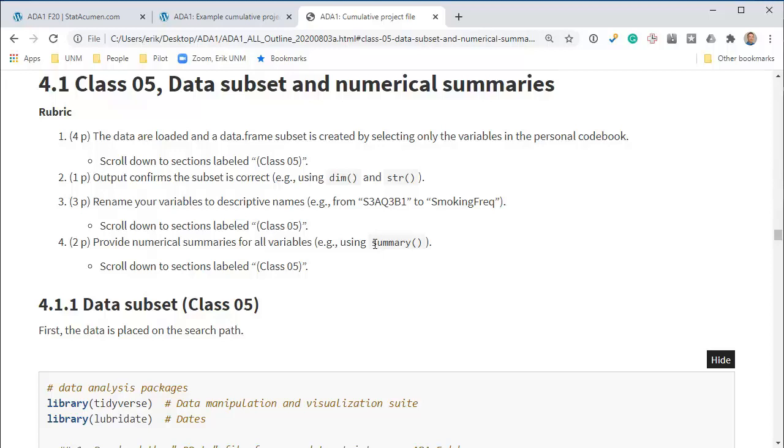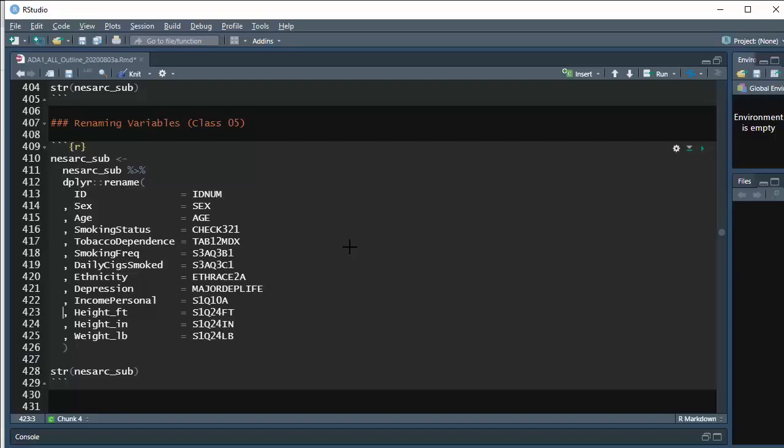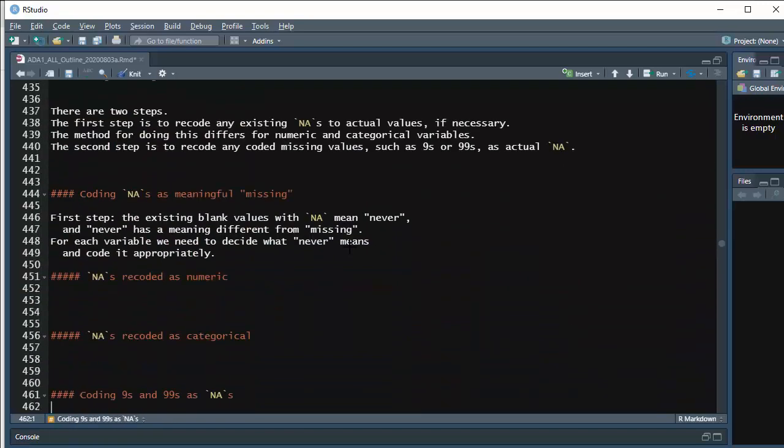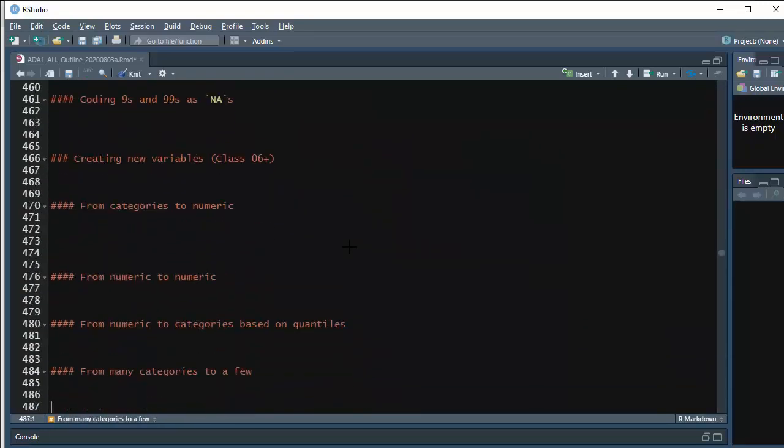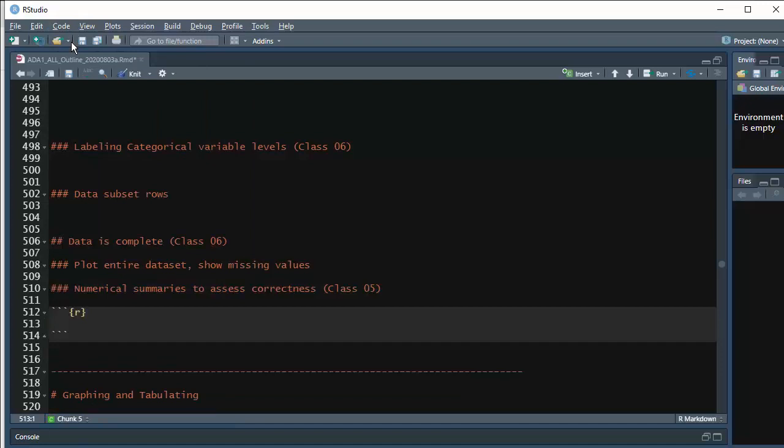using the summary command. So I'm actually going to copy that summary command and go to RStudio and find the next class 5 assignment. Now I could search for class 5, or I could just scroll down. It's not too far down. Here it is, class 5, numerical summaries. So let's insert a code chunk, and we'll paste in summary, and the data set is nisarc